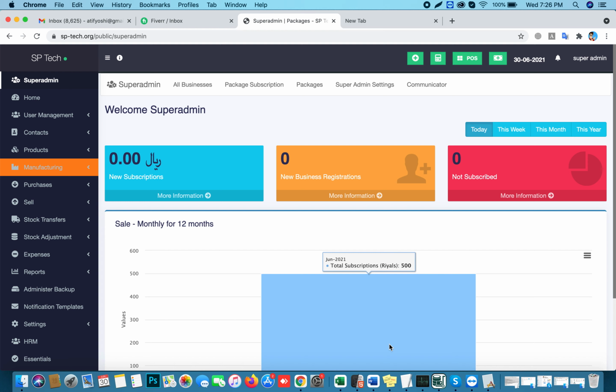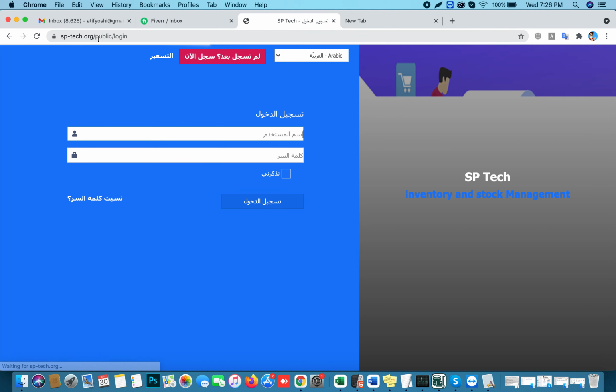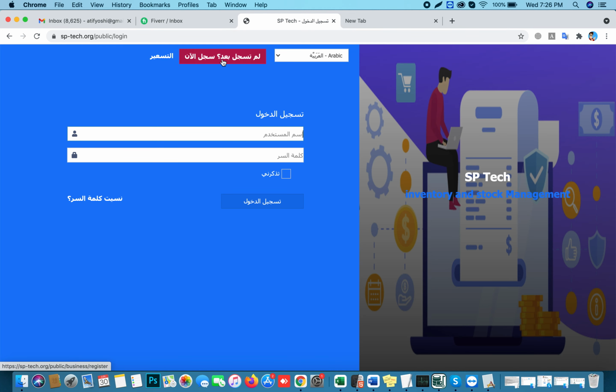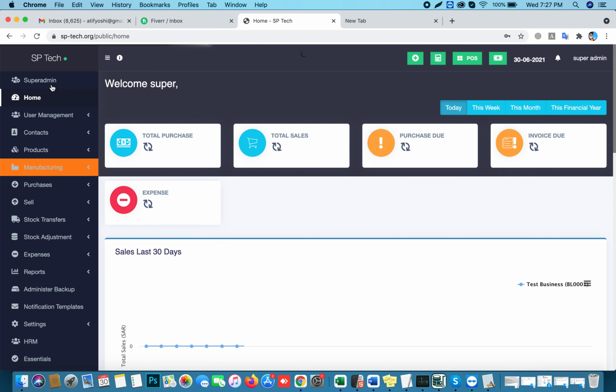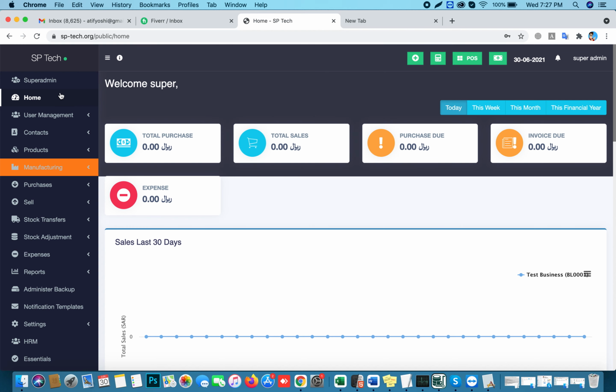I'm here to assist you regarding the software, how a new business can be registered on the software. There are two ways. Number one way is you give this link to your customer and ask him to register a new business. The other method is you open your super admin account and log in, and then you go to the super admin section